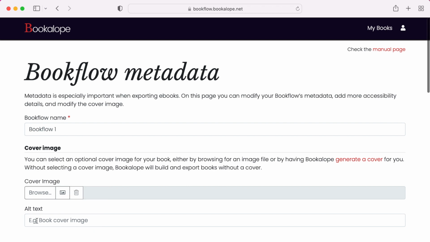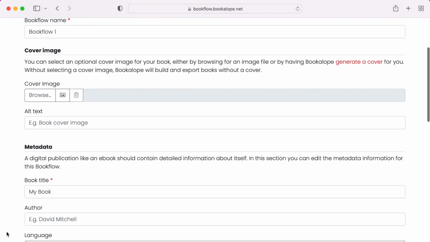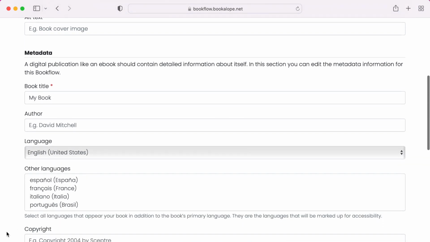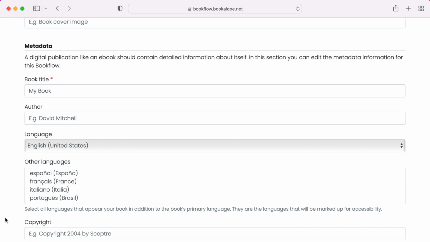This next step is particularly important if you're building an accessible ebook, as the information you provide here will define the metadata for your ebook. We already talked about uploading ONIX 3 metadata files for your book in our previous video tutorial. If you've already done so, this will populate with the metadata you provided on that file. If you haven't uploaded an ONIX 3 metadata file, you will need to complete this step by filling in the following fields: book title, author,